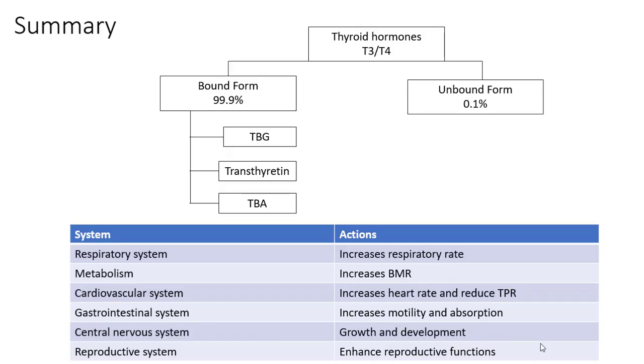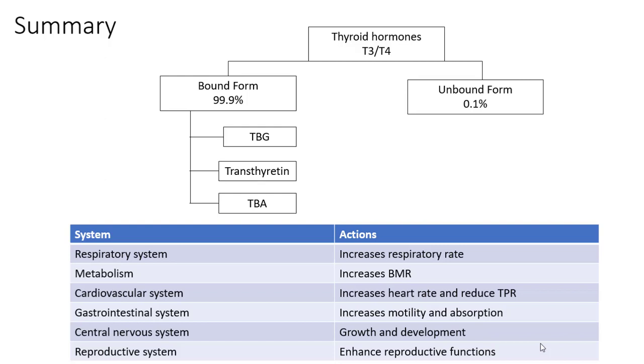In summary, we have realized that thyroid hormones are available in the blood in two forms: bound form with the plasma protein, which represents nearly 99.9% in the form of thyroxine binding globulin, transthyretin, and thyroxine binding albumin. And the other is the unbound form or free form, which is the active form and represents about 0.1%. Then we discussed the different actions of thyroid hormone, and we realized that thyroid hormone has different actions